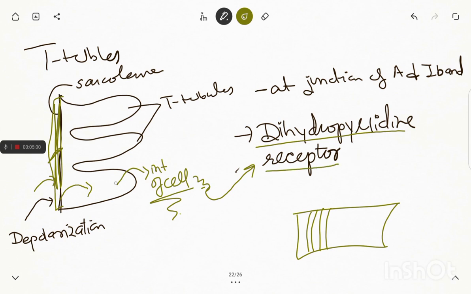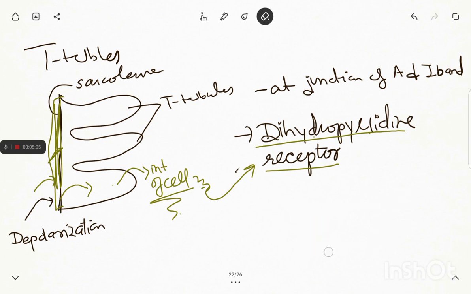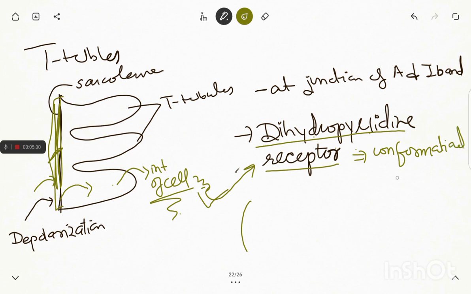Okay, what happens is that inside the T tubule, dihydropyridine receptors are present. Now these dihydropyridine receptors, which are present inside T tubules, as T tubules depolarize, because of depolarization of T tubules, the dihydropyridine receptors will undergo conformational change. As they undergo conformational change, they will affect the